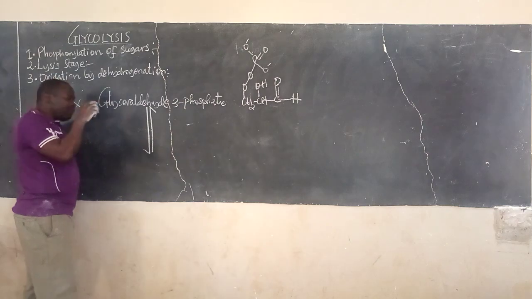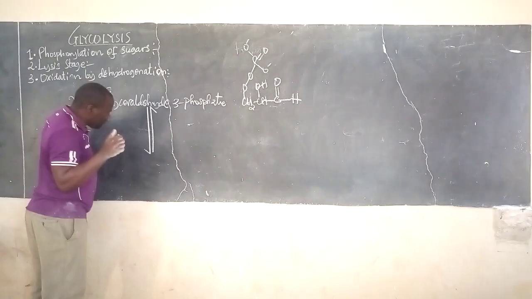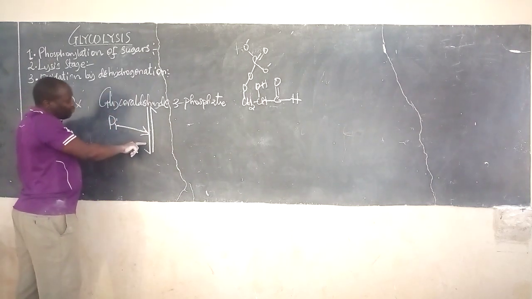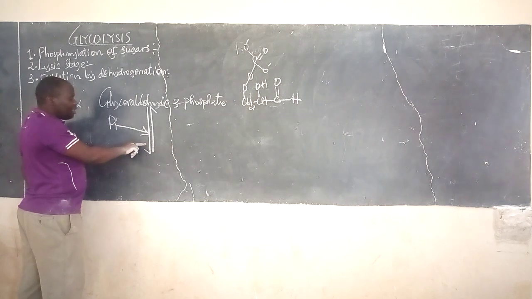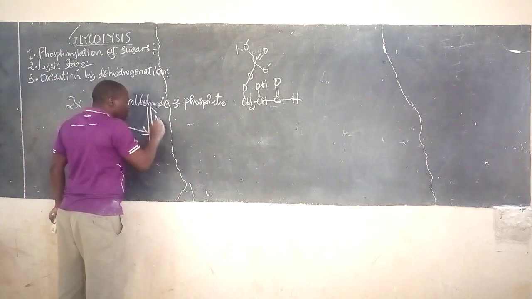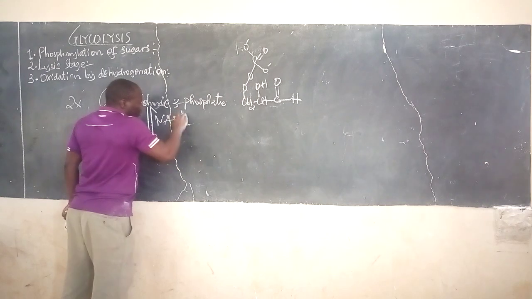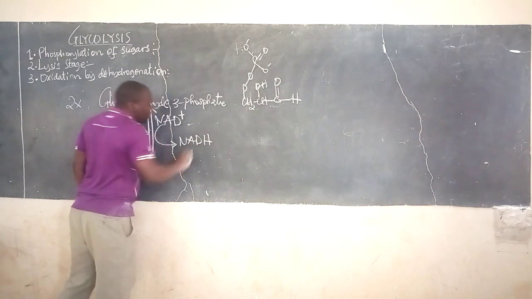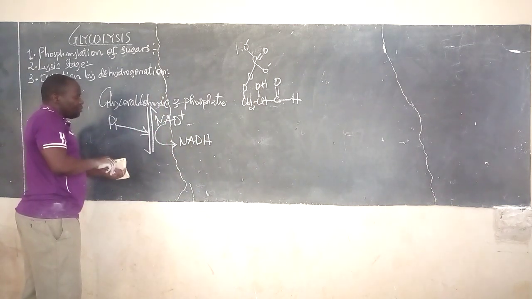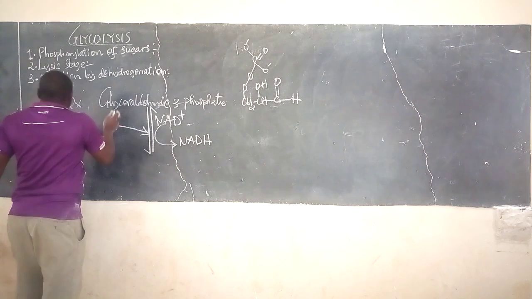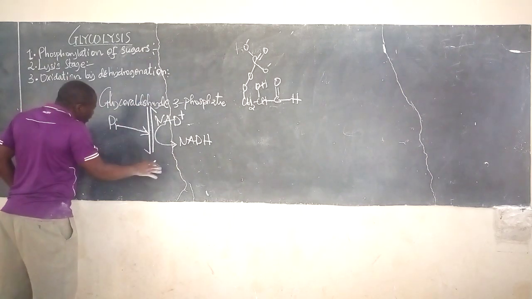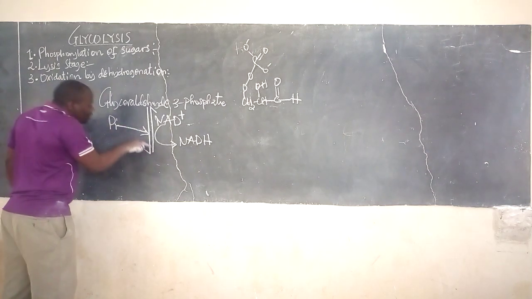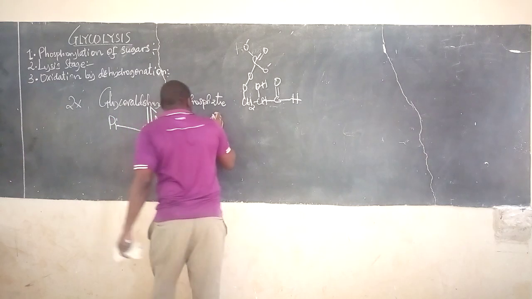I'm going to add an inorganic phosphate. One inorganic phosphate is going to be added here, and at the same time, oxidation takes place. NAD positive is going to change to form what? NADH. NAD positive is going to change into NADH, times 2, on the right hand side and on the left hand side. That's why I've written times 2. This will take place in presence of an enzyme known as